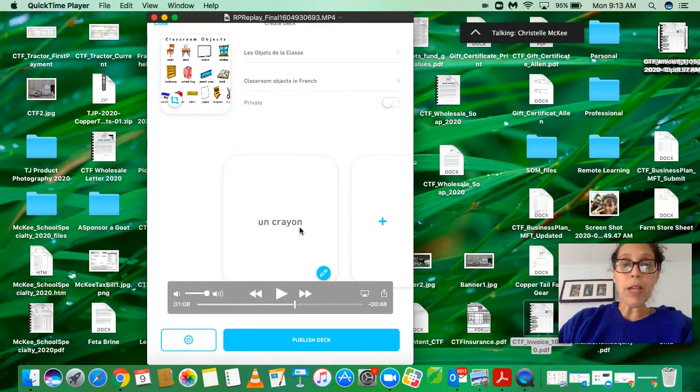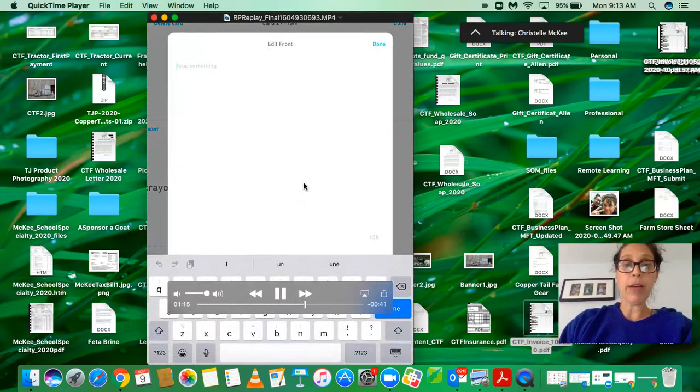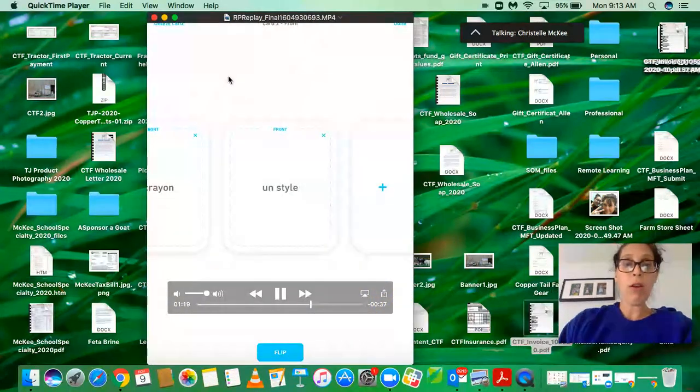All right, so when you're done, you hit the plus sign. And here's an example of doing it text, both sides. So I hit text, I wrote un stylo, which auto-corrected. I hit flip, and then I hit text